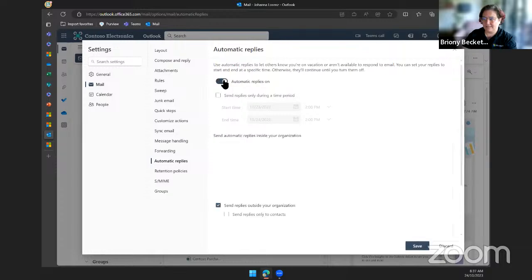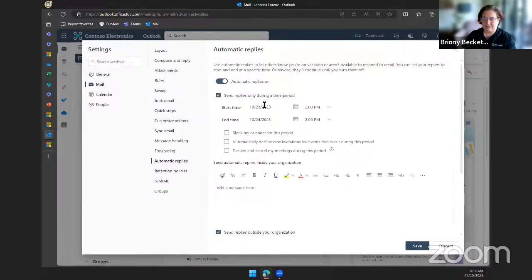And this is one that I can't remember when it changed. But I know traditionally you could just set one out of office message. It was either on or off, and then the next time you came in, it would remind you, hey, this is on. Would you like to turn it off? You can now say only to send it during a particular time. So this is handy. I use this one when, say, I'm going on leave tomorrow, but I know I'm going to have a really busy day and I might forget to set my out of office. I'll do it when I'm thinking of it, but not to start until a particular time.